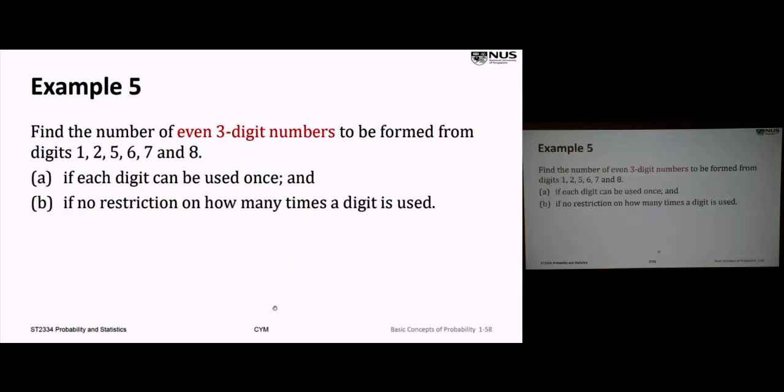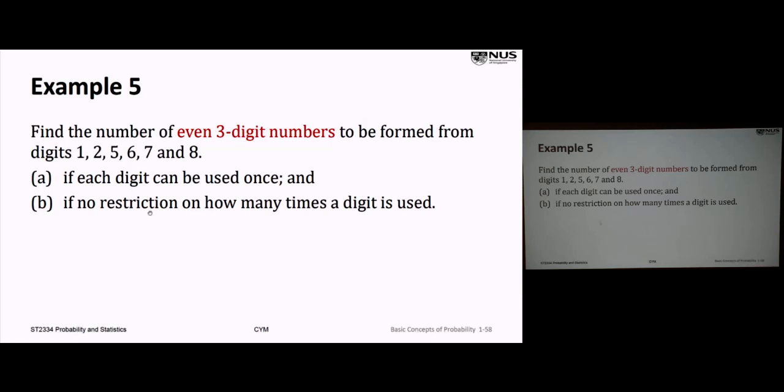It's not a question. Oh, good. Okay, so we have another question. So this is now the 3-digit question again, similar to, I think, maybe one of the first questions we looked at. So it says, find the number of even 3-digit numbers which can be formed from 1, 2, 5, 6, 7, and 8. Okay, so it's very similar to the previous question,